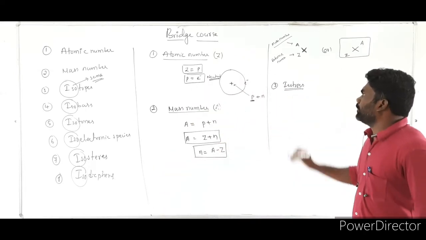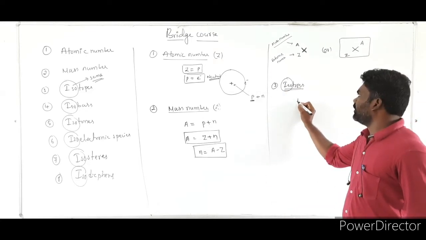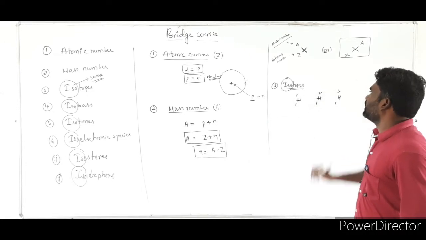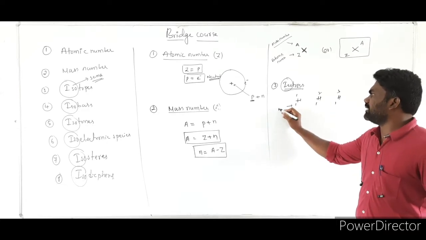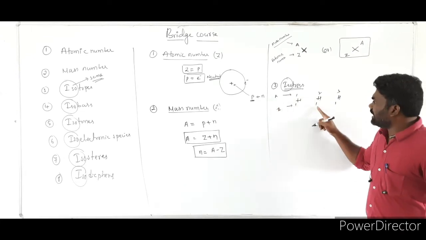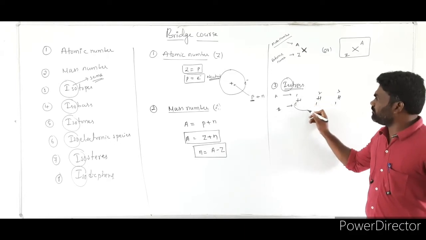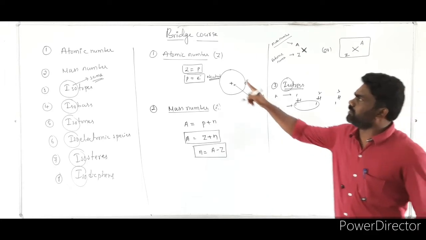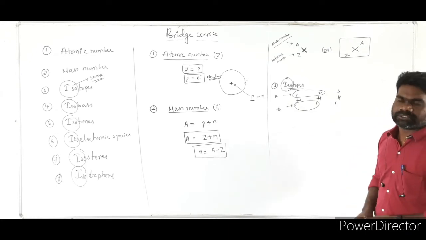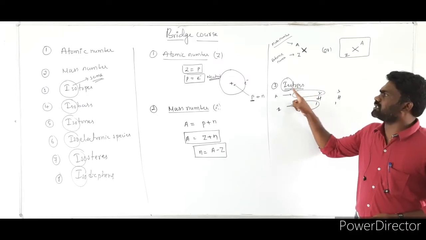So in the case of isotopes, iso means same. What is the same, we have to find out. I am taking an example of isotopes: hydrogen H-1 1, H-1 2, H-1 3. This number we are calling the atomic number, Z. This number we are calling the mass number, A. If you compare these, both are the same atom. So what is the same? Z is the same, that is, the atomic number is the same. But what is the difference? The mass number is different. So atoms that have the same atomic number but different mass numbers are called isotopes.